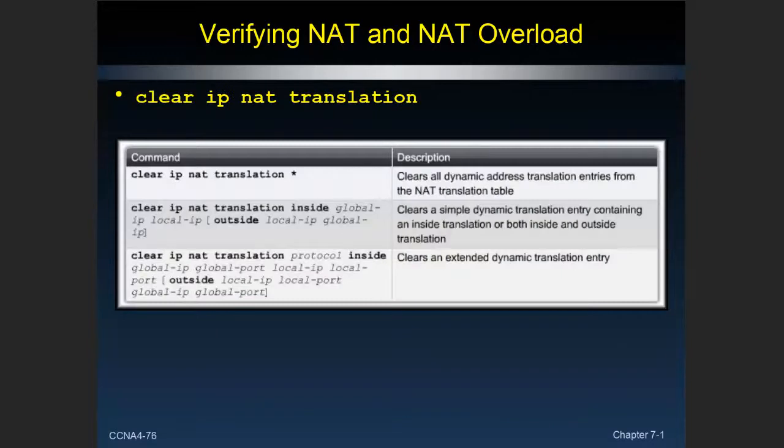And sometimes when you do a NAT lab, they may tell you to clear the previous translations out because you've changed the NAT configuration. You've done one kind of NAT, now you're doing another type of NAT. Now we could just copy run start and reload the router, but that would take 3 minutes. So if you type clear IP NAT translation star, that will clear out the existing NAT translation table, and then you can try your new code. It'll warn you like crazy. When you type clear IP NAT translation, it'll warn you, oh, that's going to wipe the table out. You really, really want to do this.